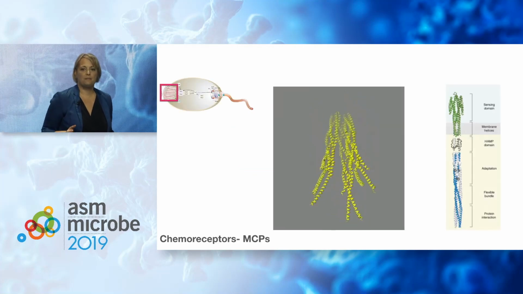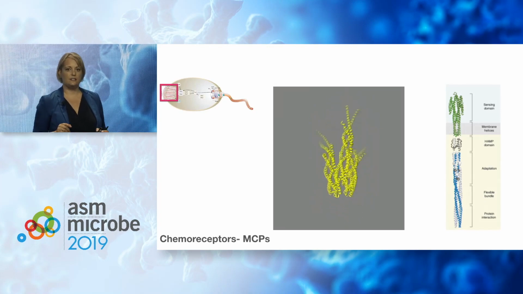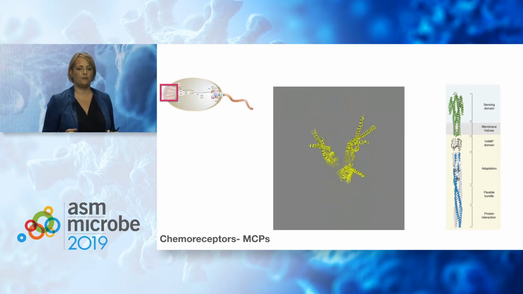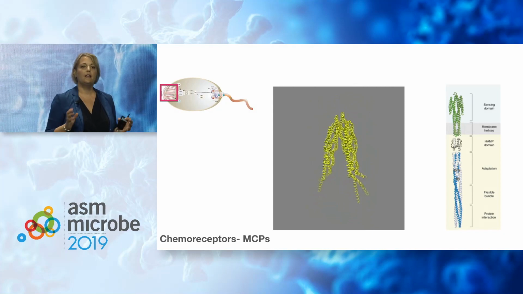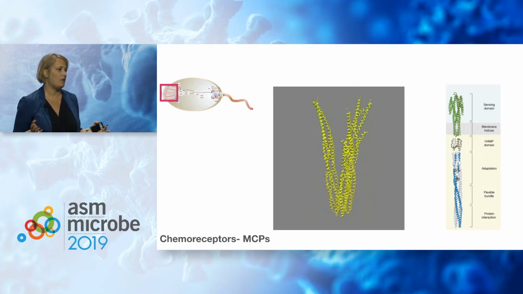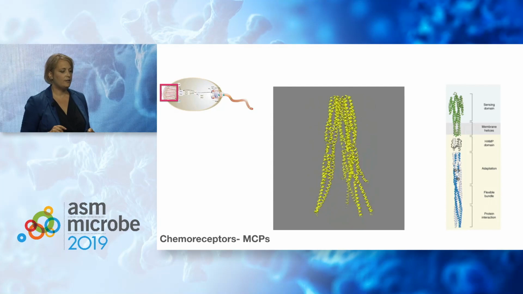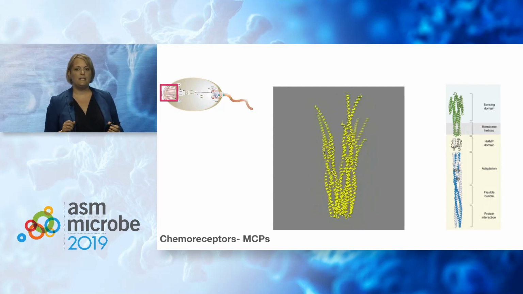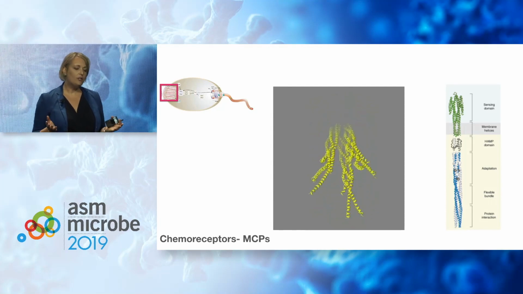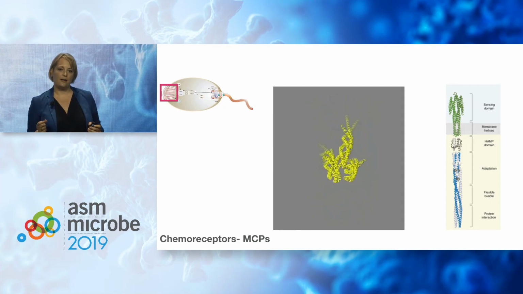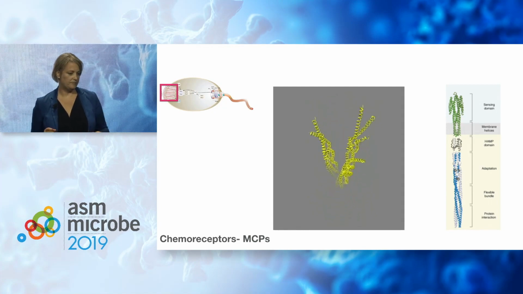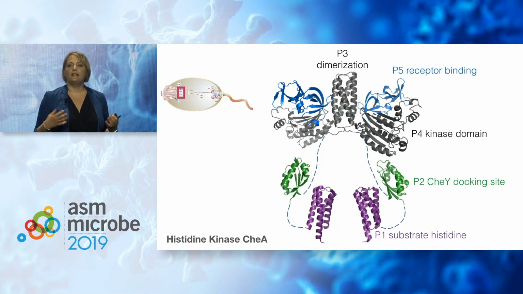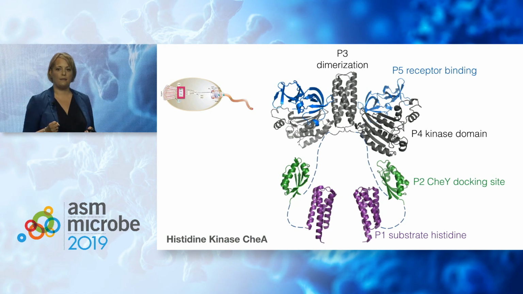Now, chemotaxis has been studied in detail for over 70 years, and we know a lot of information about the system in E. coli. And we know crystal structures for all the core components that I mentioned. So here you can see the MCPs, the receptors. In E. coli, they form these trimers of dimers in the crystal structure. And then this is the histidine kinase. The histidine kinase is a five-domain protein that homodimerizes. So we have a structural core